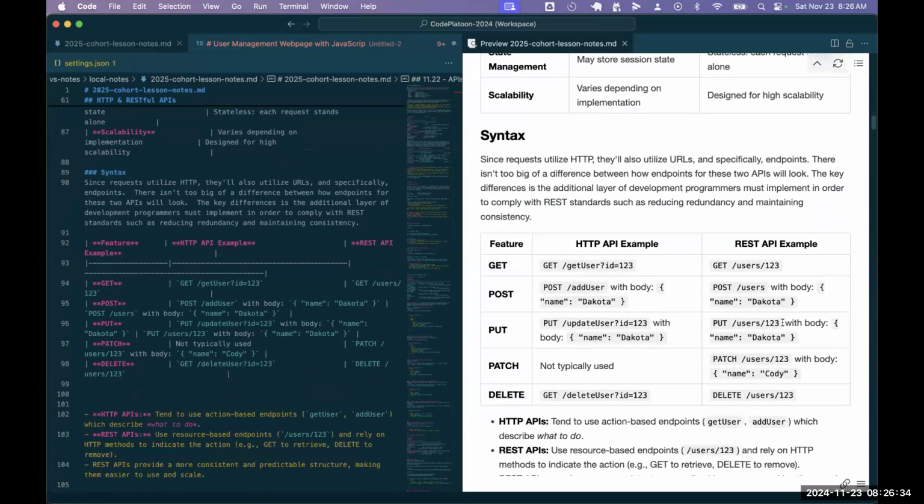So what would that look like in terms of syntax? On the left, we have some examples of bare bones HTTP endpoints. This is primarily what we'll be interacting with today. I don't think any of the APIs we're going to play around with are going to be too robust. And so you'll have this syntax where at the end of an endpoint, there may be some kind of